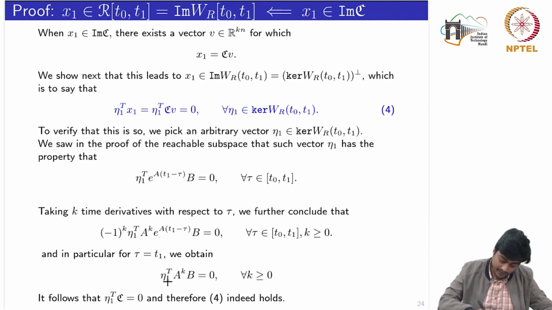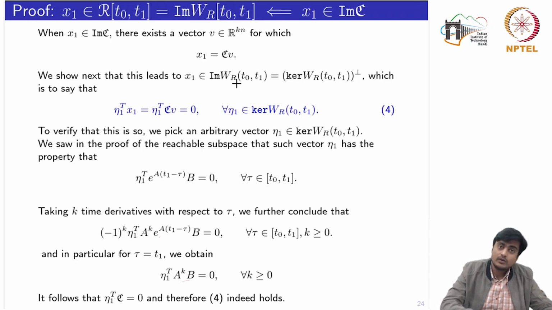So I can simply write eta 1 transpose A to the power k B is equal to 0. Okay. Now if I open this for all k's starting from 0 to n minus 1, this will become the controllability matrix. Meaning to say that eta 1 transpose into the controllability matrix is equal to 0. Right? Which implies that x1